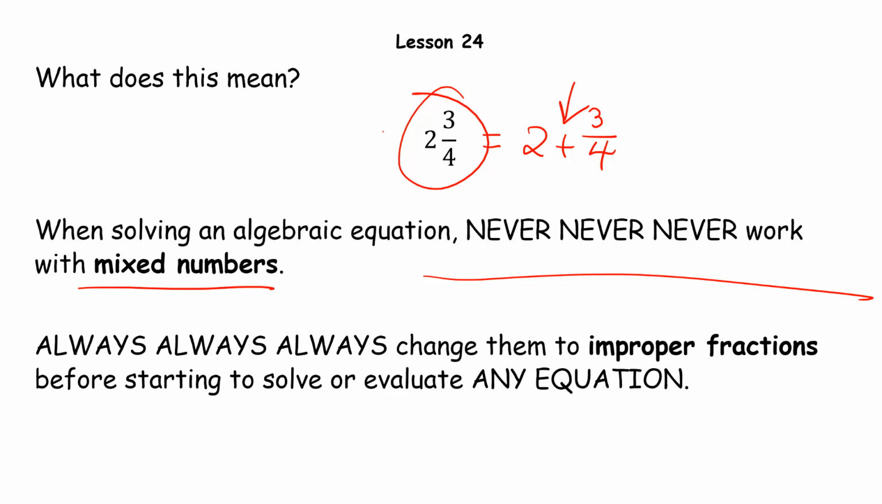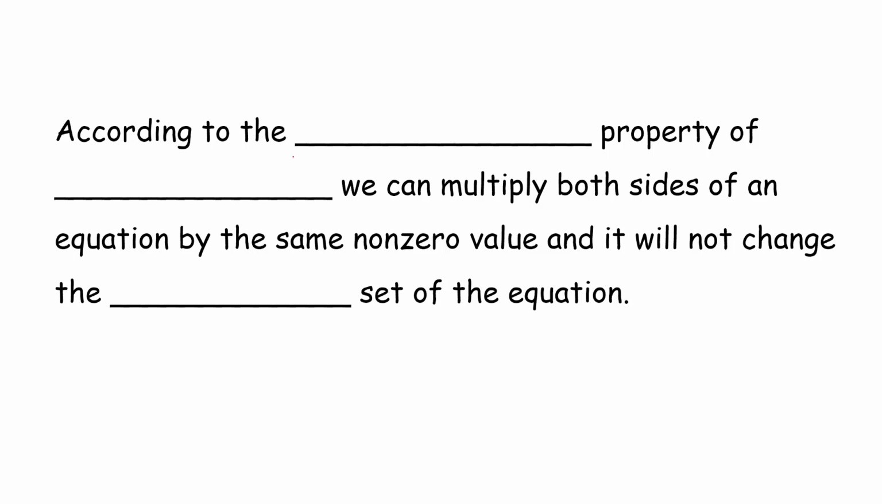If you have a mixed number, change it to an improper fraction. So remember, you would say 4 times 2 is 8, plus 3 is 11, and that's 11/4. So before you would ever work with something like that in an equation, you would change it to an improper fraction. According to the multiplicative property of equality,